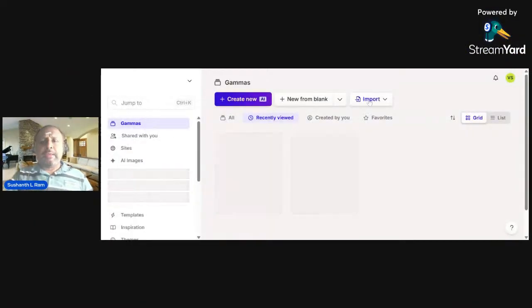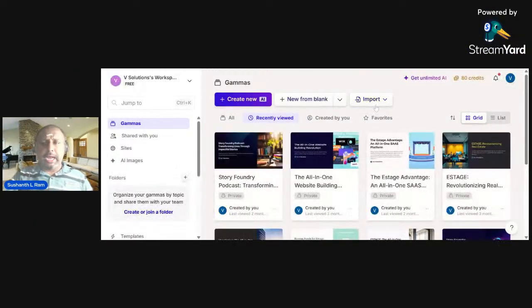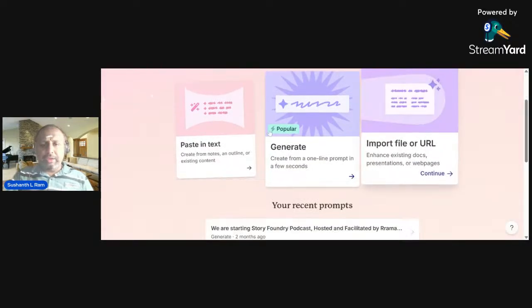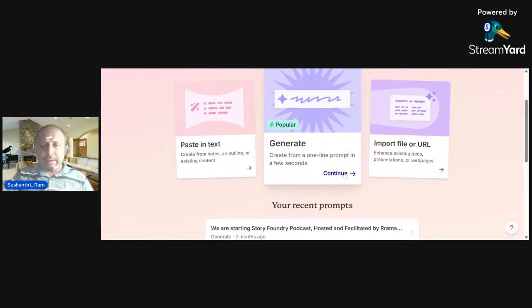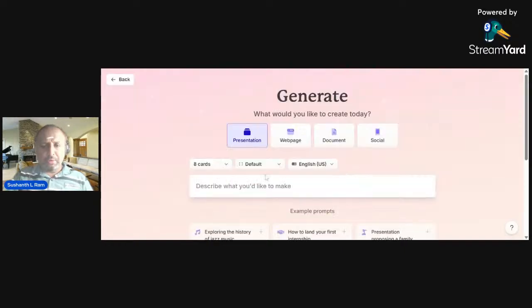Okay. So this is the Gamma AI tool where you can log in through your Google credentials, and once you come to this tool, you can click on Create New. You can generate a new presentation. Click on Continue and click on Presentation.